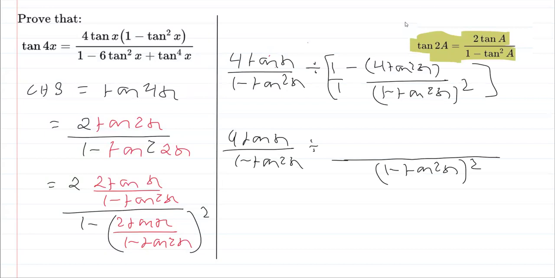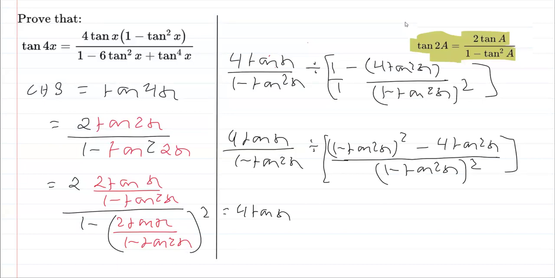So it will come as 1 minus tan square x, the whole square, minus 4 tan square x. For the further simplification, this will be as it is, 4 tan x over 1 minus tan square x, that